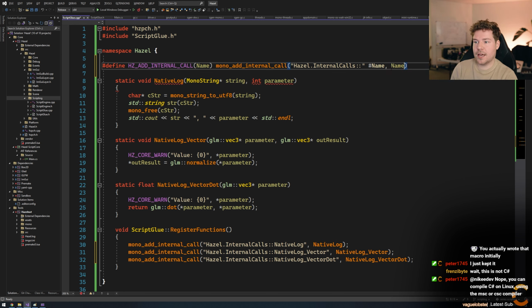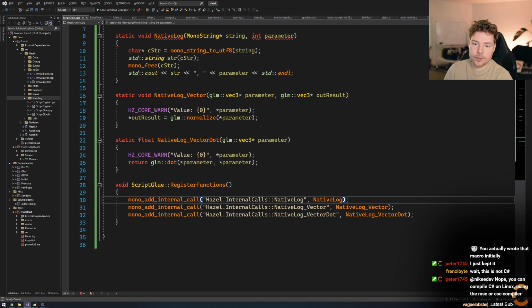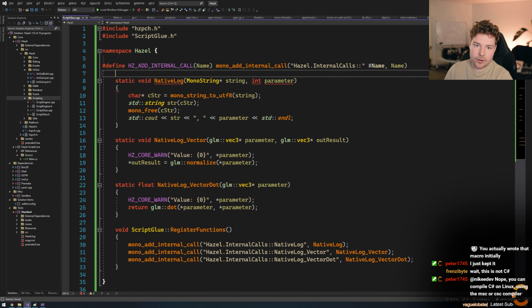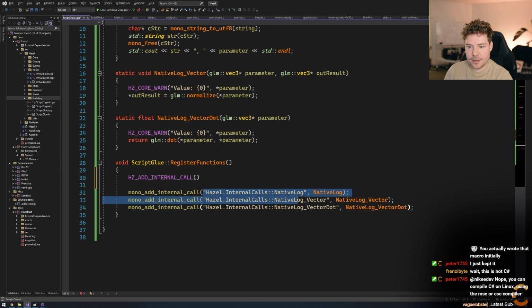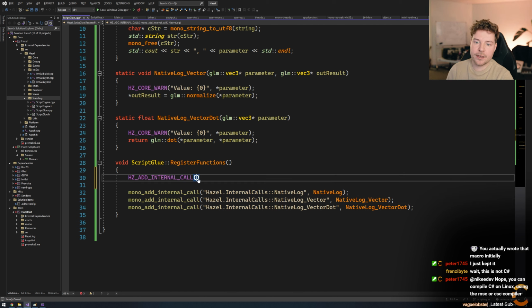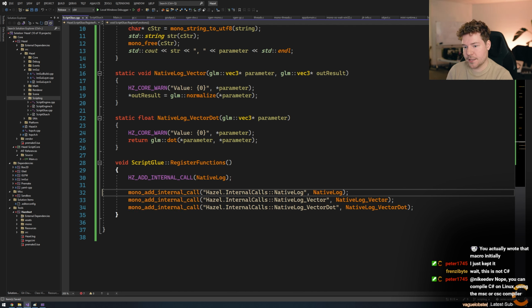So for that, we just call name like that, and that will be obviously this. In other words, all I've done with this little macro is make my life a little bit easier, with less margin for error. Instead of writing out this whole thing, I just say add call native log, and that's it. And I expect there to be a function inside this Hazel.InternalCalls class with the same name.